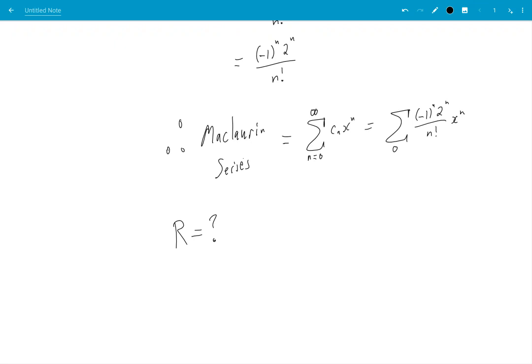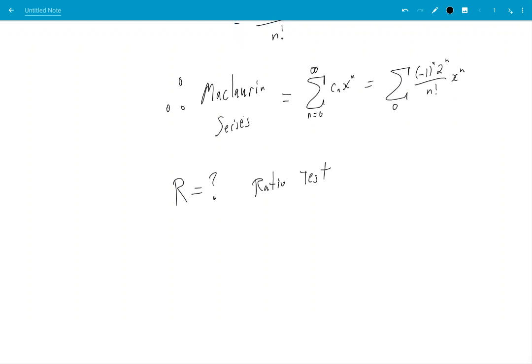All right, so I do the ratio test, where this is my an. an plus 1 all over an in absolute value is going to be, skipping some steps here,